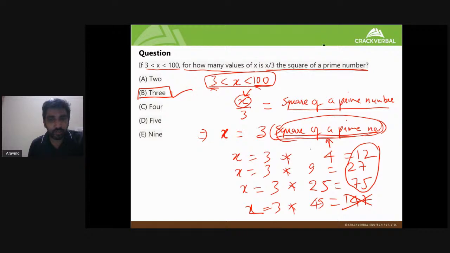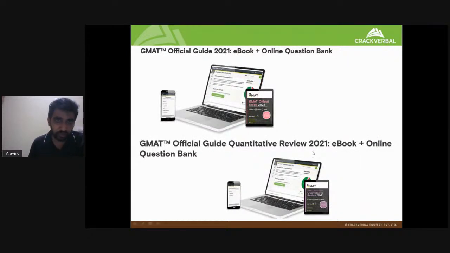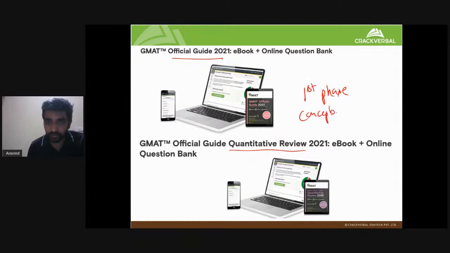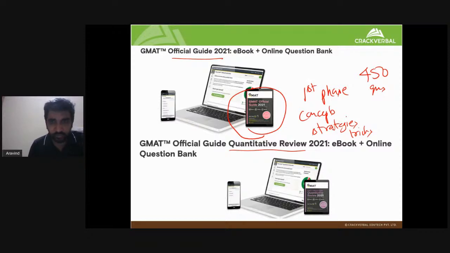So what is the last thing that you can do to start off well? You can probably purchase some of these resources. One of them is, of course, the official guide, and the other one is the quant review. The official guide will help you in your first phase where you're trying to improve your concepts and strategies. You're learning concepts, strategies, tricks, shortcuts. This is where the official guide will come in handy because it has almost 450 questions. And you can go about practicing these 450 questions at your own pace without having to worry about the time